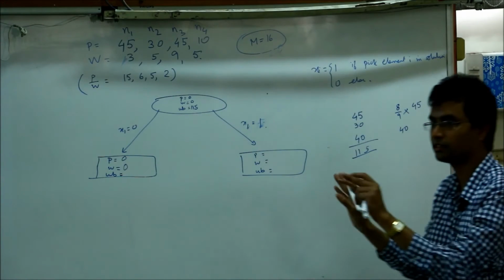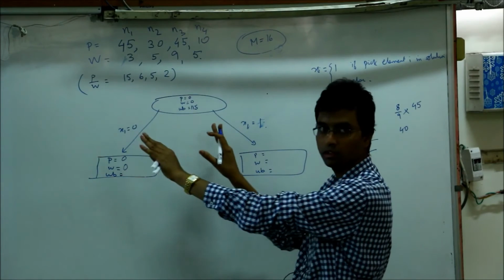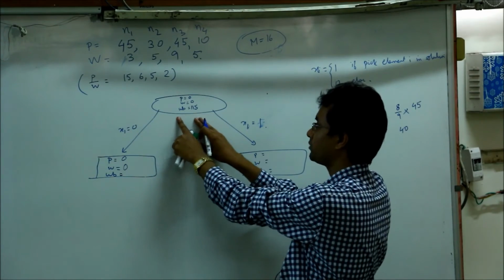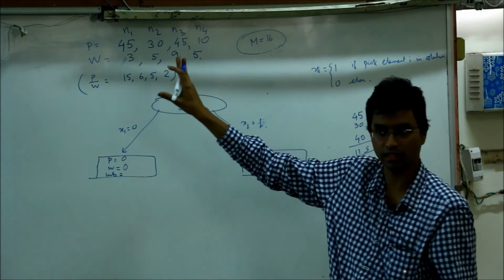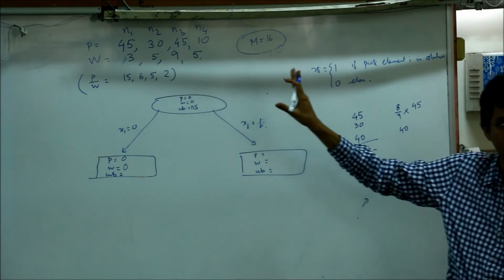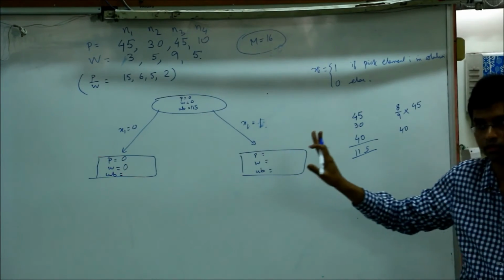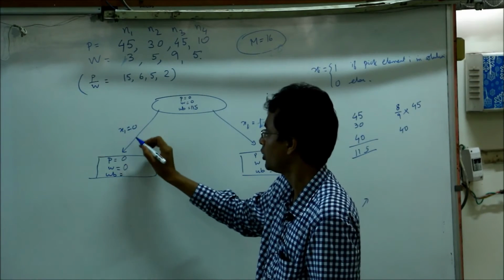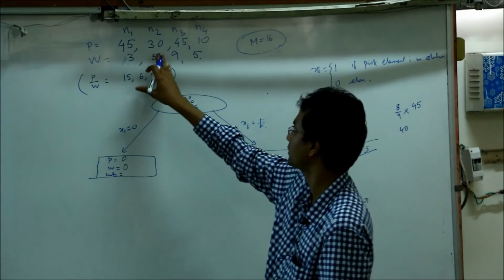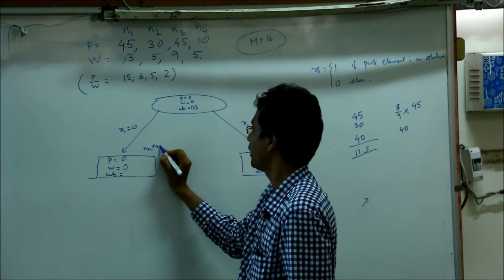Whatever the knapsack packing solution is, the upper bound means you cannot get any value more than 115 from this instance. That is the meaning of the upper bound at this step. Now here you have not picked x1, so your solution has only the instances n2, n3 and n4.